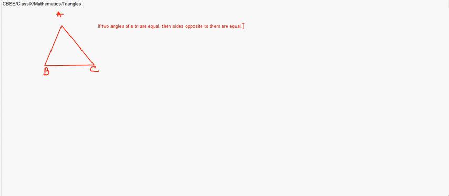That means if in this triangle ABC, angle B is equal to angle C, then AB should also be equal to AC, because AB is opposite to angle C and AC is opposite to angle B, which are equal. So given angle B is equal to angle C,